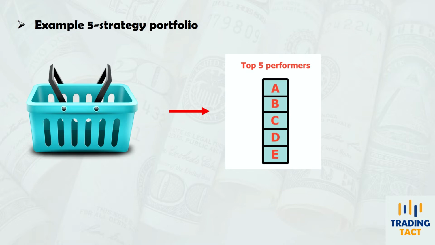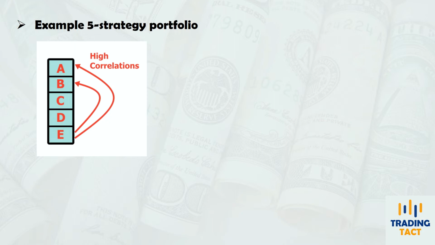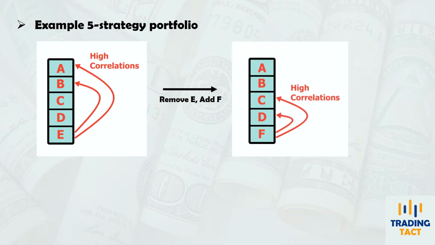From your initial basket of eligible strategies, you first shortlist the 5 top-performing strategies, strategies A to E. You realize that strategy E is highly correlated with A and B. So you remove strategy E and replace it with a slightly lower performing strategy, F. But now you realize the new strategy F is correlated with C and D. If you are building a large portfolio manually, it becomes very difficult to select strategies that are both high-performing and